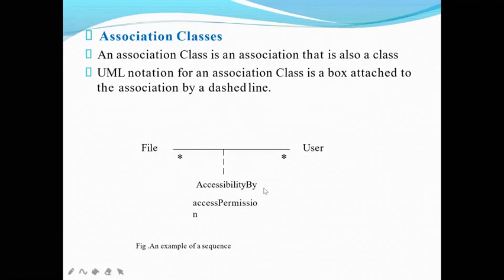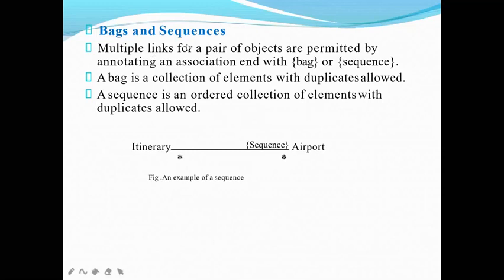One more thing is there, that is bags and sequence. How are you going to utilize these bags and sequence? This is one more concept in the association relationship, where some of the objects will be duplicated, okay, or doubled. So that time you need to use this kind of sequence, and you have to use it only in the association end. I have cleared what the meaning of association end is. You need to utilize it only in the association end.